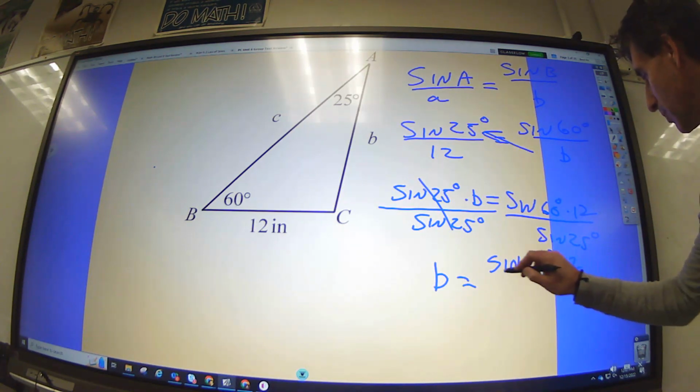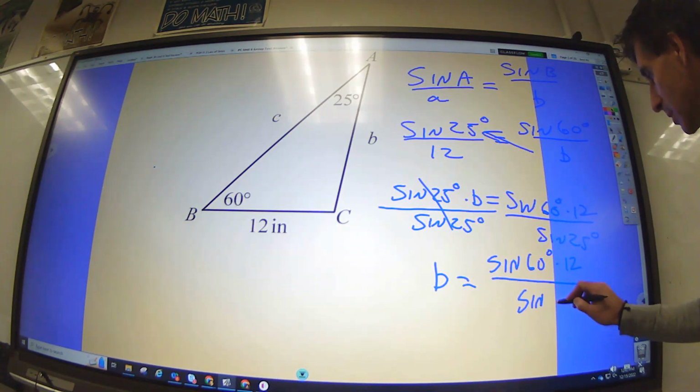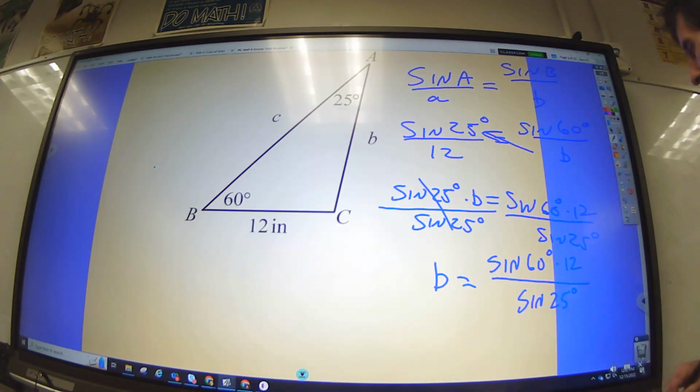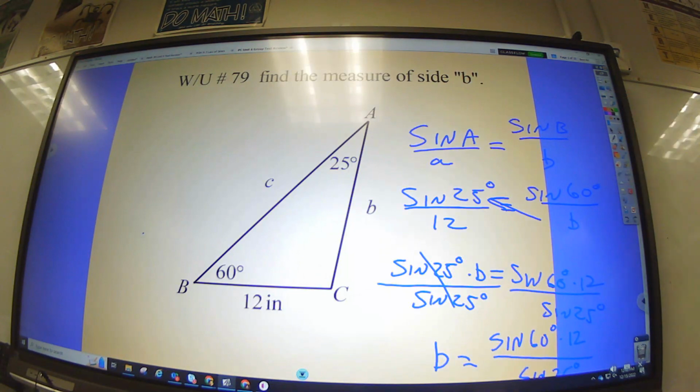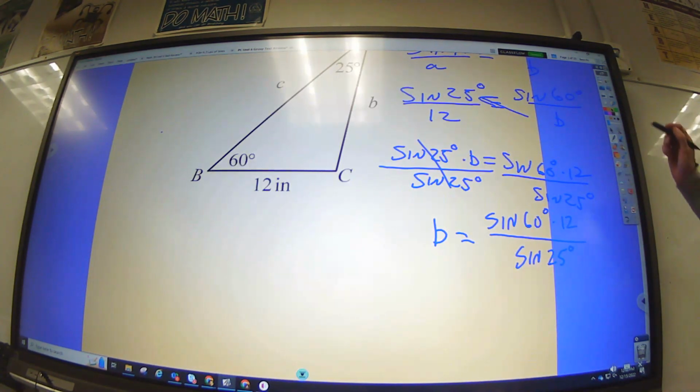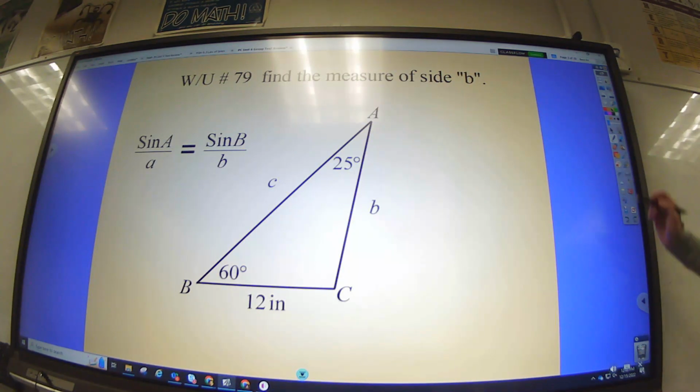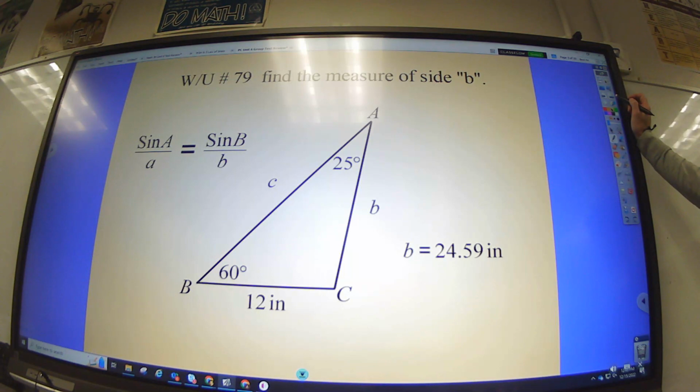Now, I can add those, but can I subtract that? Can I go 324 plus 144 minus 432? No, because this is tied to that, right? It's multiplied by that. I got to multiply that first. But I can add these two. So I say 64 equals 324 plus 144, 468 minus 432 cosine big A. Now, to solve for big A, I got to subtract 468, then divide by negative 432,